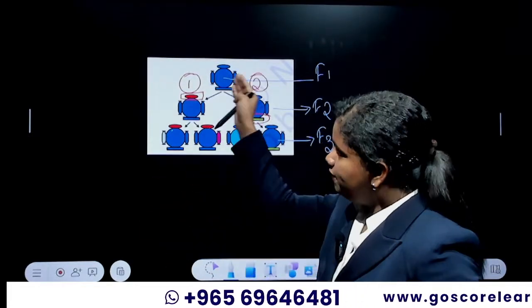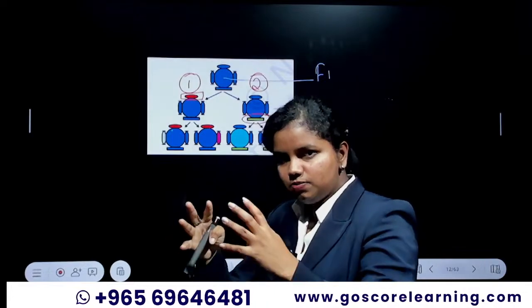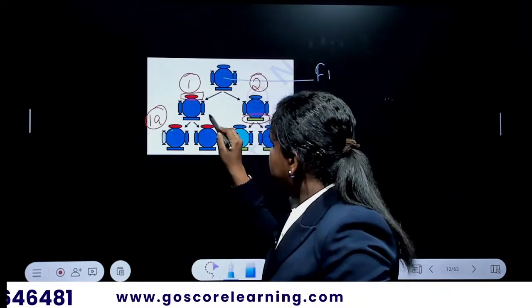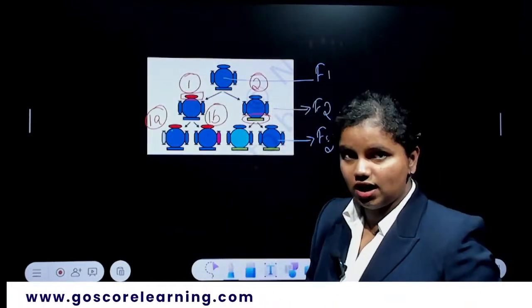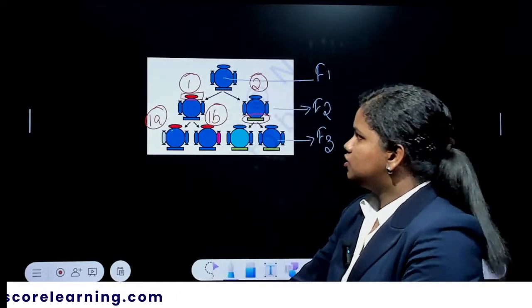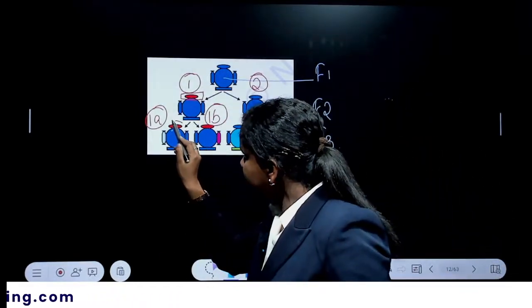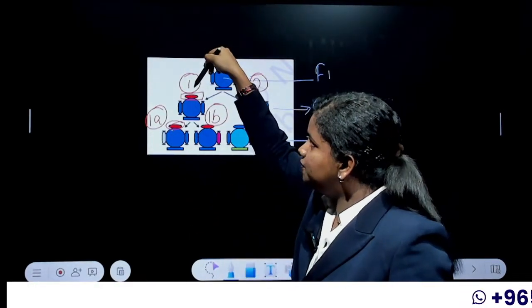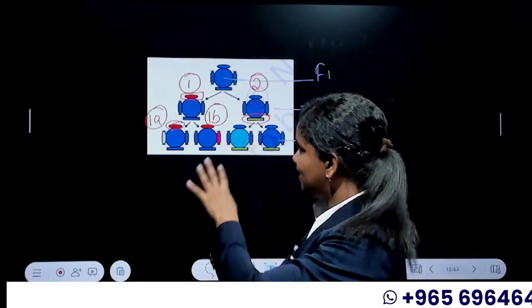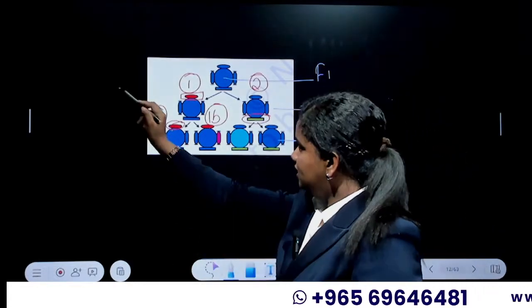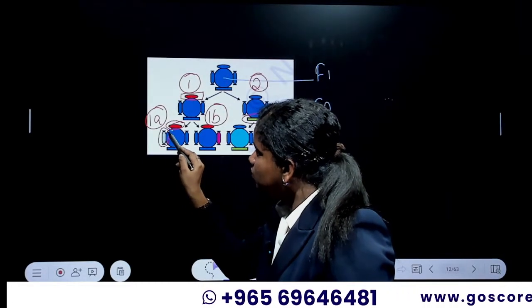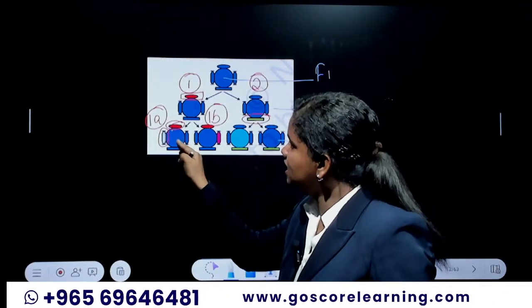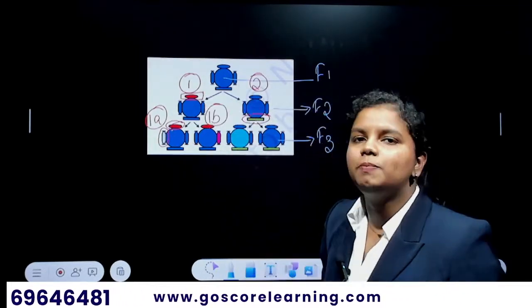Let's see, this first bacteria has now multiplied. It is making two daughter cells, one is 1A and this is 1B. So there are two bacteria from that one bacteria. What is happening here? This same mutation or variation, indicated with the red color, can be seen in the parent too. But there is a new kind of variation which is not seen in the parent. So this variation makes 1A different from its parent.